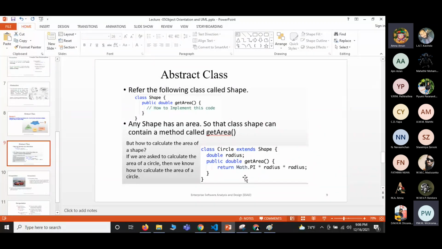Here we inherit from shape to the circle, and here we mention the double radius as public and the double getArea. Then we can get the area of the circle, but within the same class we can't get the area for a shape. How can we get the area for a shape? No, we can't, right? Then we have to